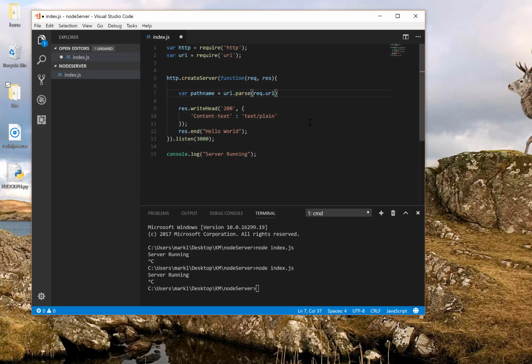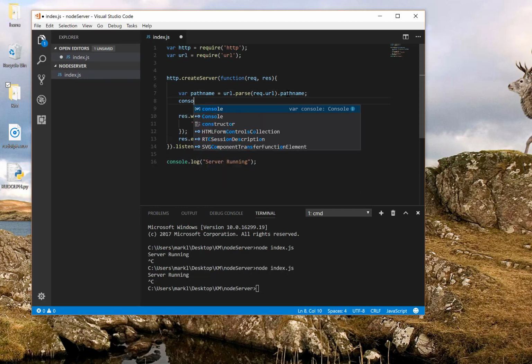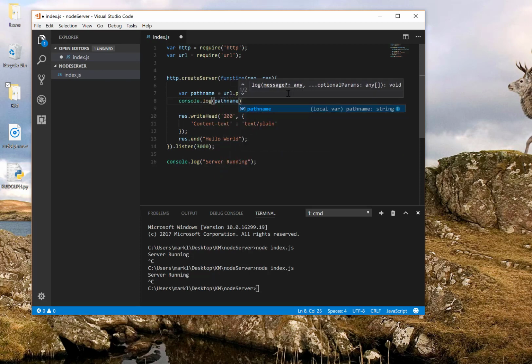So I'm getting the URL, and the URL is the whole URL, obviously, http, www, or whatever, in our case, localhost 3000. But I'm going to take that property and get out the pathname. And what does that mean? Oh, I don't know. Let's console log it. Maybe that'll help us figure out what we're up to. So I'm going to put the pathname, and let's see. I'm going to save that, start my server,